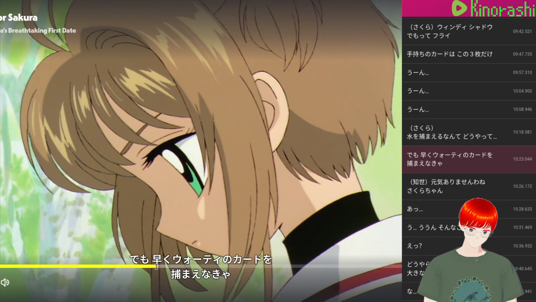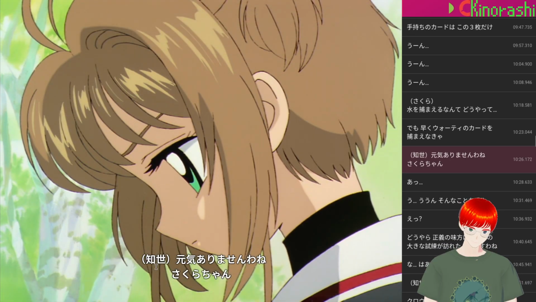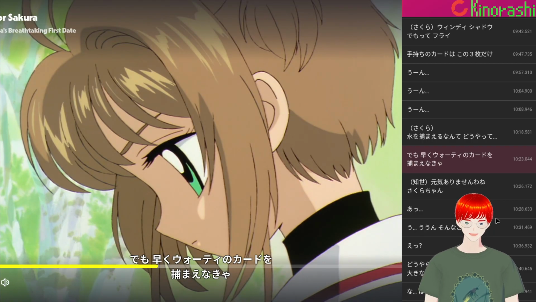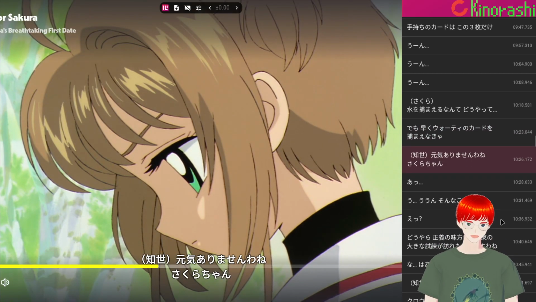早くウォーティのカードを捕まえなきゃ。元気ありませんわね、さくらちゃん。 でも早くウォーティーのカードを捕まえなきゃ。元気。